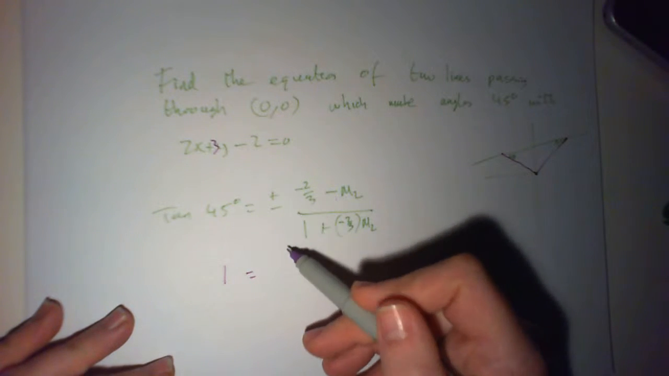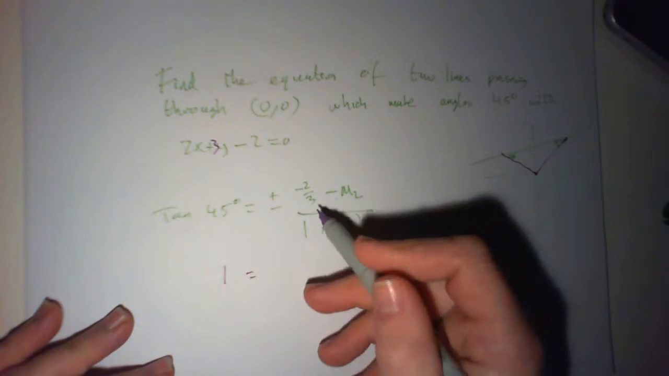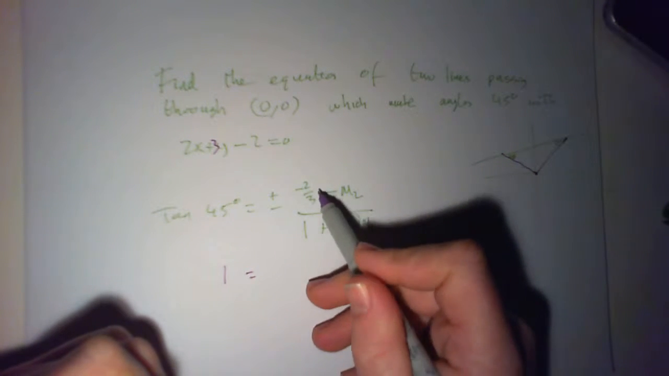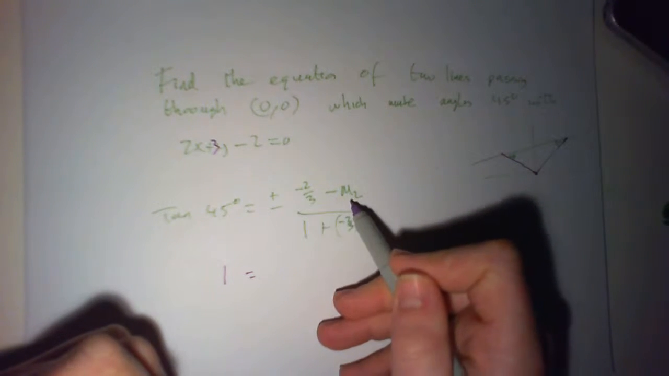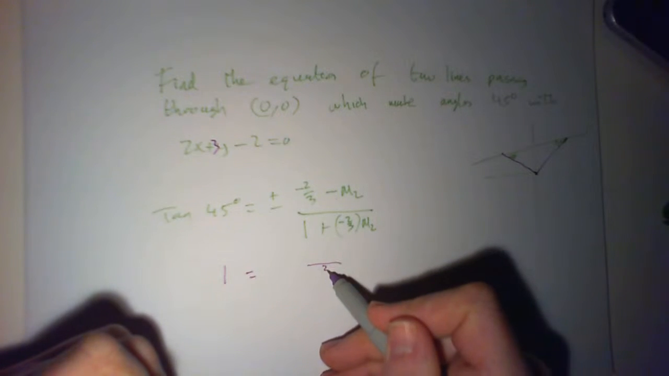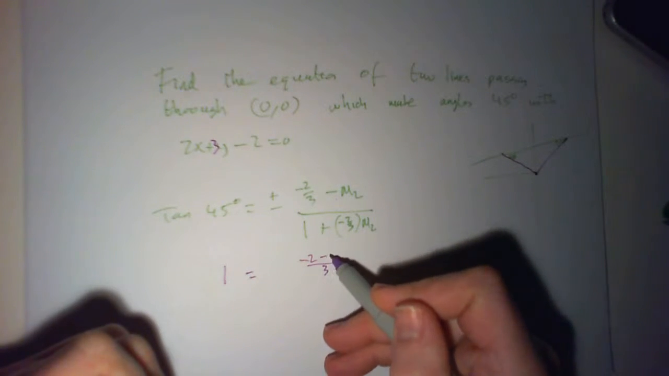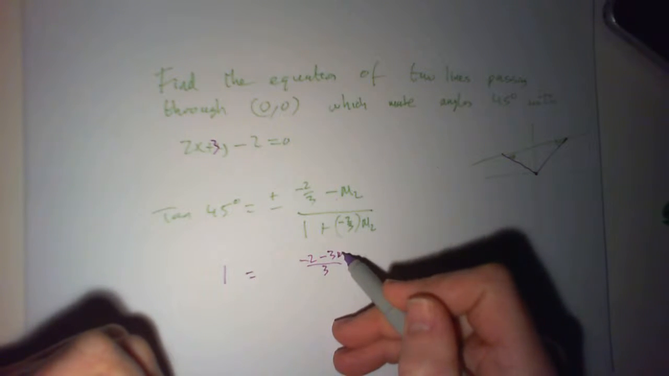What are we left with here? Let's ignore the plus and minus for a minute. So we've got minus 2/3 minus m2. Now I can't leave it like that. I need to get it together. So the common denominator would be 3, and then you'd have minus 2 minus 3m2